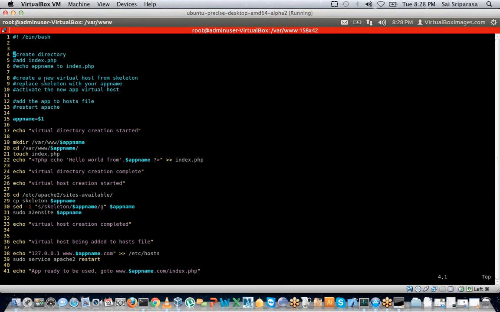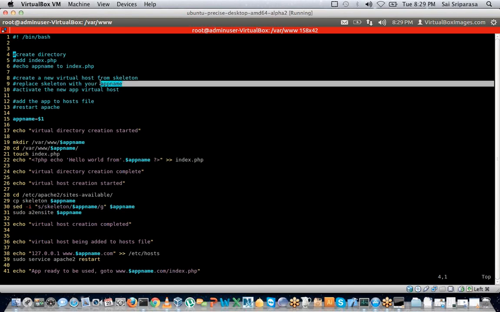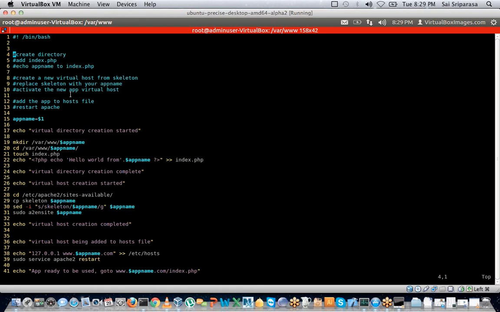Then it has to create a basic virtual host, put the application's name into the virtual host, and then activate the virtual host. Once the virtual host is added and activated, we'll have to add the application to the host file and then restart Apache.